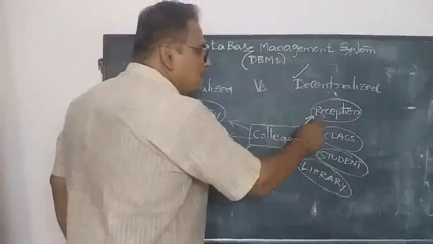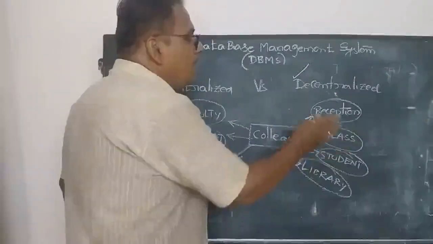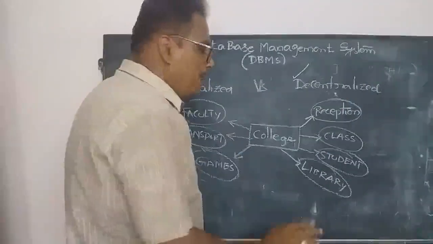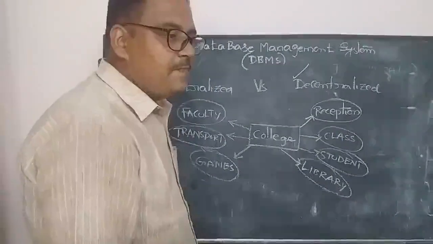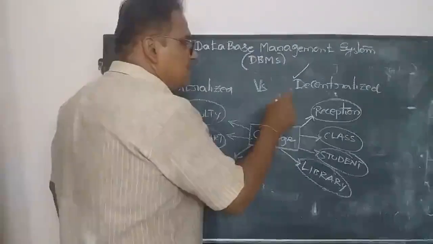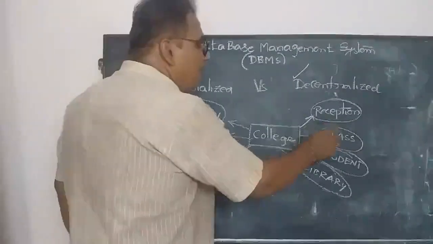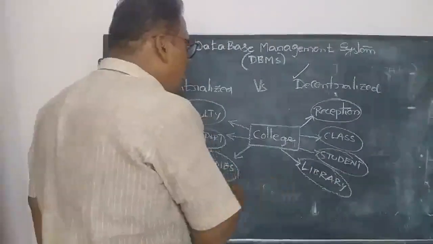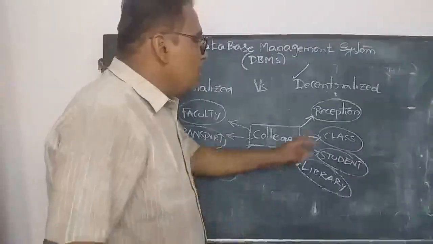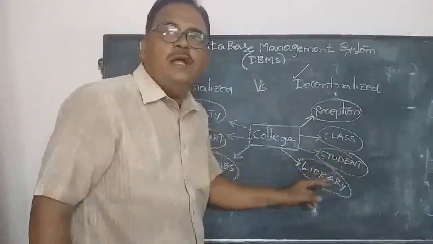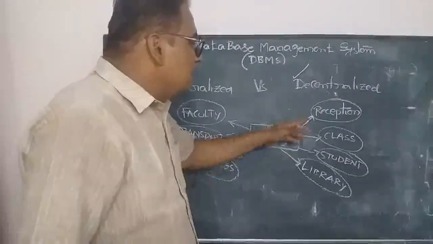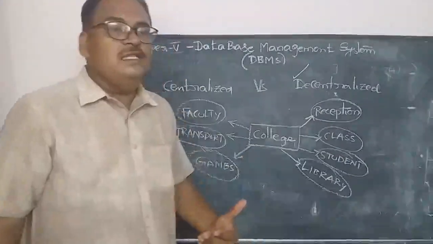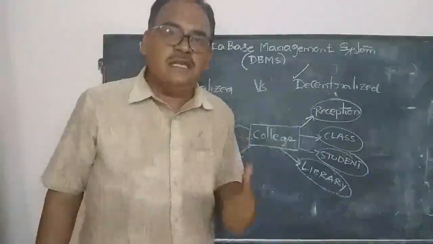But after 2 months, the student transferred himself to the BCom course. But in the library it was not changed. The same data is maintained. Here there is a major problem. If any copy of the data is maintained in the remaining entities, you should change it at those points also, in those entities also. So this is what we call data redundancy and data inconsistency.